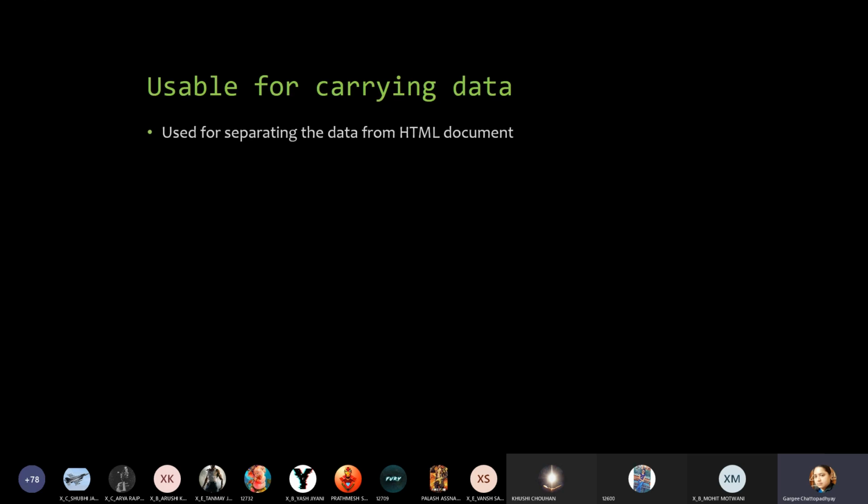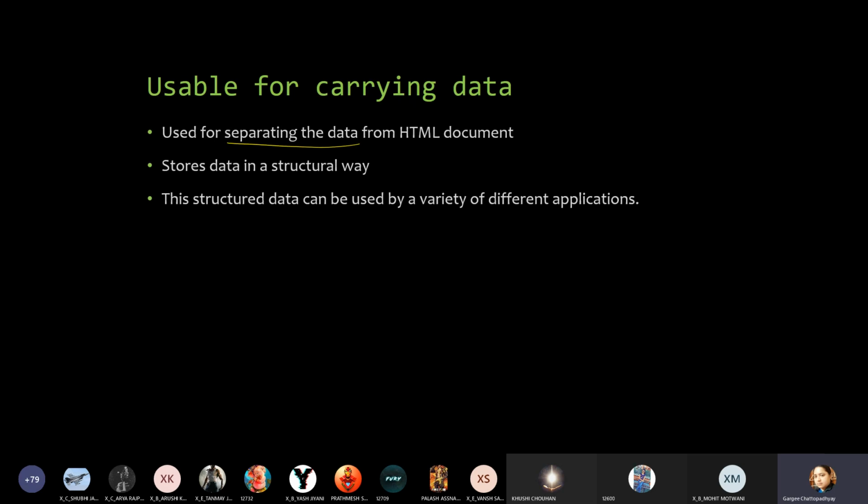So used for separating the data from HTML document. So let HTML handle the looks and features and visual appeal, and let XML handle the data storage. Stores data in a structural way. This structured data can be used by a variety of different applications, not just HTML. It can be used by Java, it can be used by Python, it can be used by PHP, it can be used by any n number of languages or programs which are used for creating web applications.